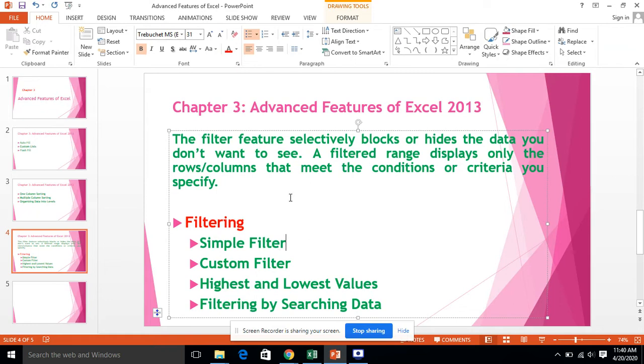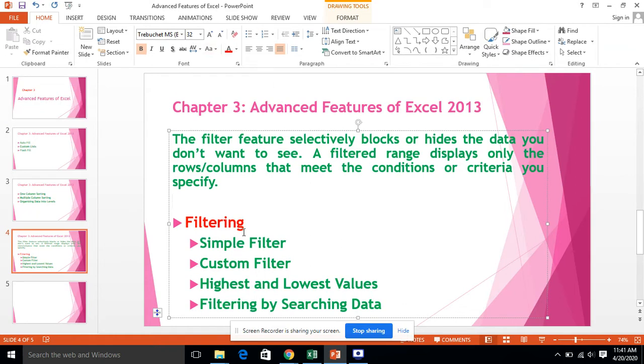For example, in a class there are 25 students and you want to see only those students whose names start with A. So you can apply a filter there. In the same way, if a large table is there for all the classes, but you just want to see the data of the students who belong to P1C, you will select P1C and that data will be filtered accordingly.